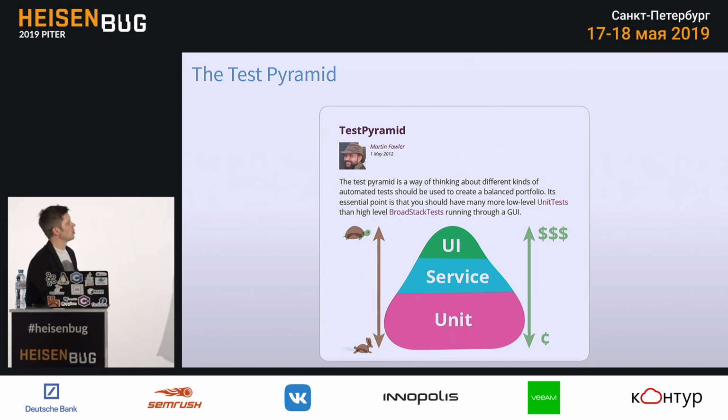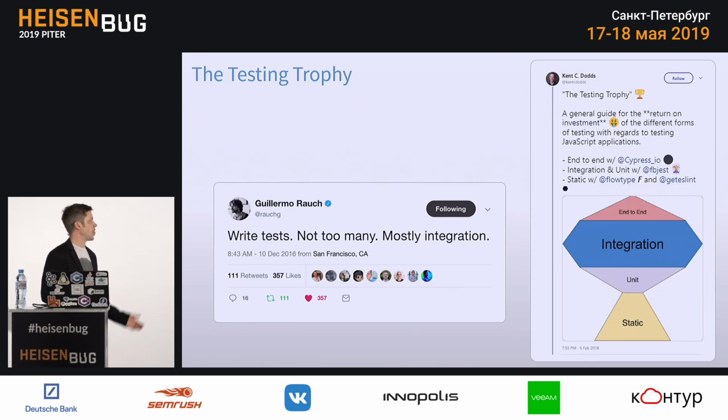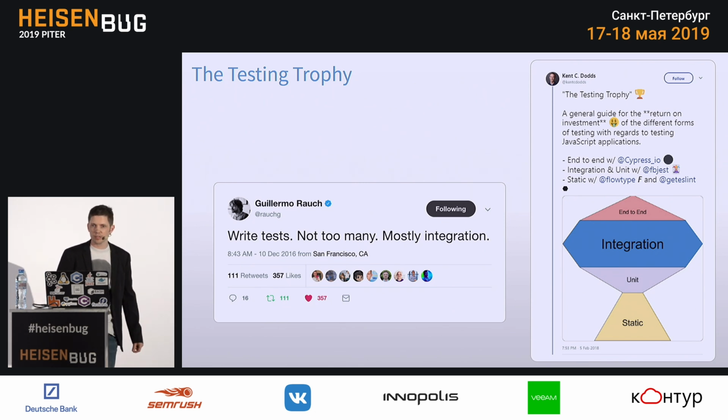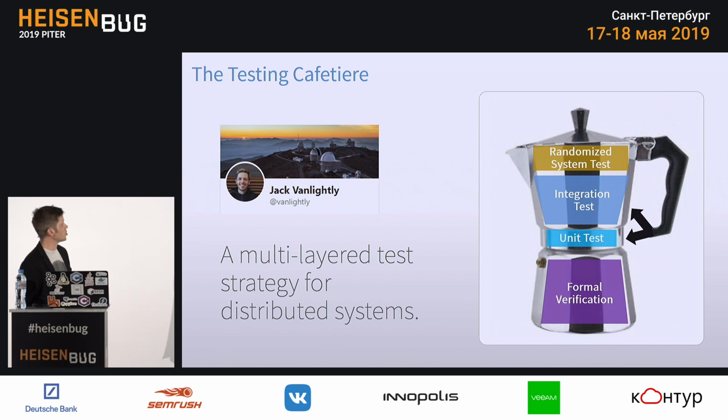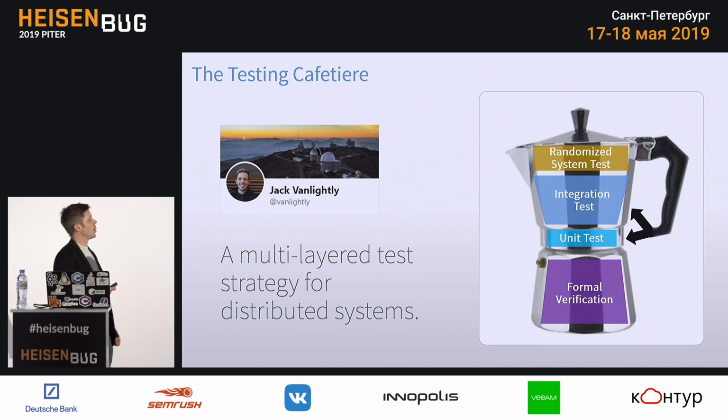Then the automation revolution happened, and more integration tests became a possibility. For certain projects, some people like more integration testing with new technologies like test containers, and containerization has revolutionized testing. And so some people now are suggesting the testing trophy. And I am now suggesting the testing cafetiere, which is something specifically for distributed systems, where at the base we